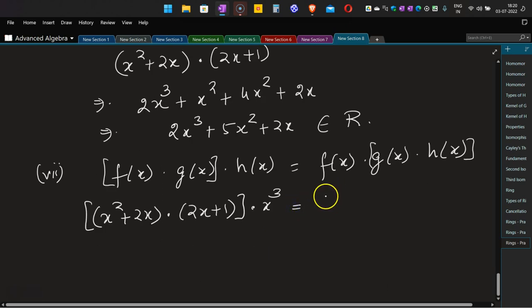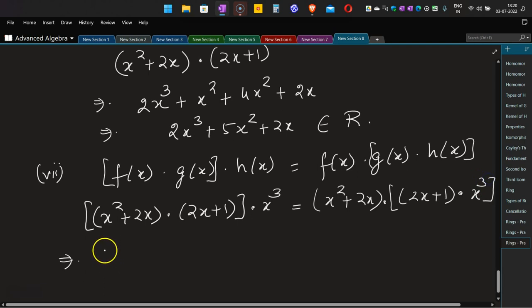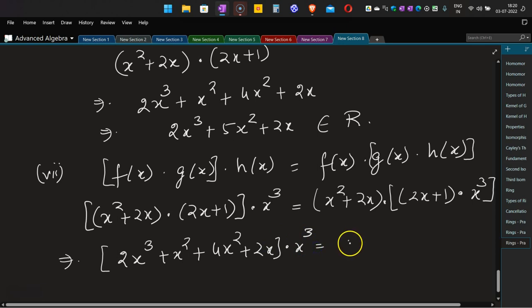This should be equal to x square plus 2x, g of x is 2x plus 1 times x cube. So this implies, let's multiply this, 2x cube plus x square plus 4x square plus 2x times x cube